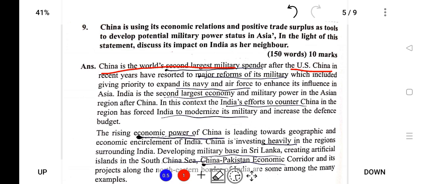China in recent years has resorted to major reforms in the military, which included giving priority to expand its navy and enhance its influence on Asia. India is the second largest economy and military power in the eastern region after China. In this context, India's efforts to counter China in the region have forced India to modernize its military and increase the defense budget. However, one must note that India is primarily dependent on China for its import and export, and as a result of this, the rising economic power of China is leading towards geographic and economic